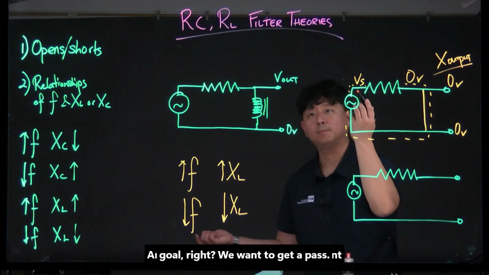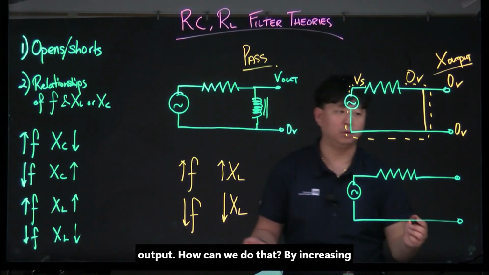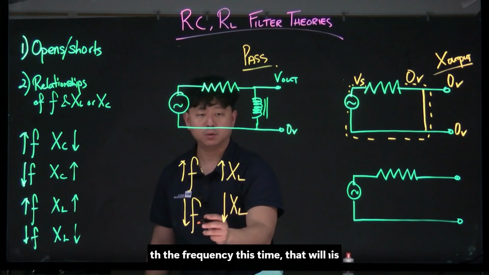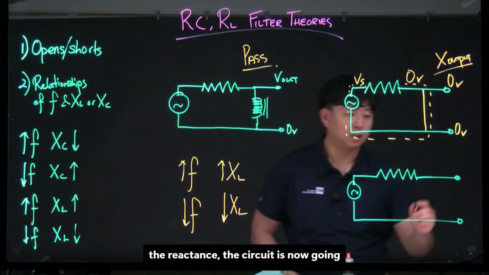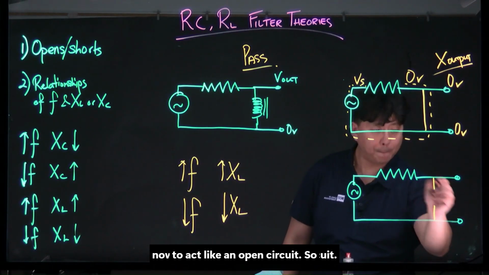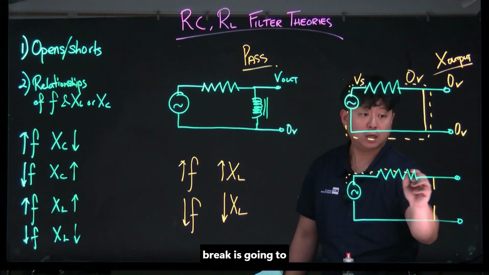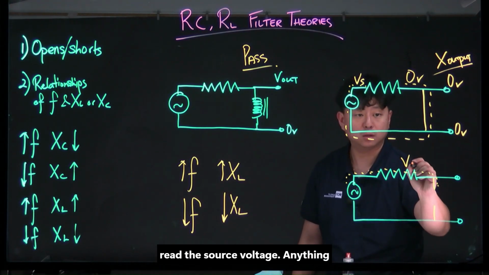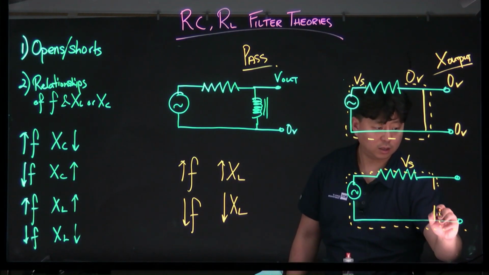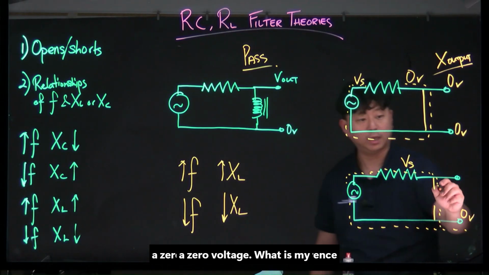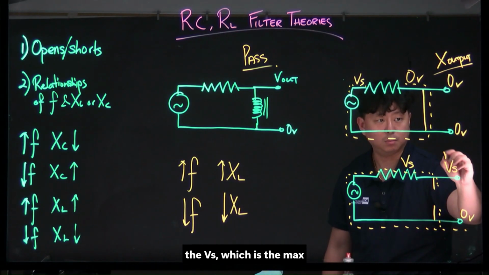And that's not the goal, right? We want to get a pass. We want to get a pass, maximum voltage output. How can we do that? By increasing the frequency this time. Now increase the reactance. If we increase the reactance, the circuit is now going to act like an open circuit. So again, anything before the break is going to read the source voltage. Anything after the break is going to read a 0 voltage. What is my difference between the two? Yes, it is the VS, which is the max